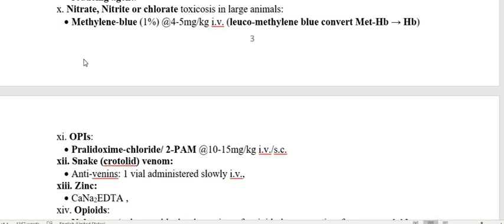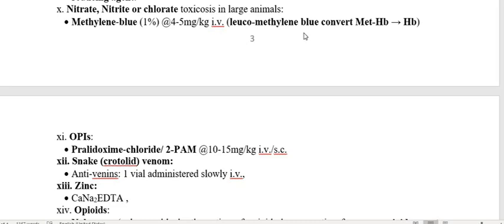So as I earlier mentioned, nitrate and nitrite itself or chlorate itself is going to form the toxicity, because nitrite, sodium nitrite, is used as a therapeutic agent for cyanide toxicity. When there is nitrite toxicity, as an antidote we are using the methylene blue, particularly leucomethylene blue, because this is the reduced form of methylene blue. So nitrate, nitrite and chlorate toxicity we have to treat with the leucomethylene blue.